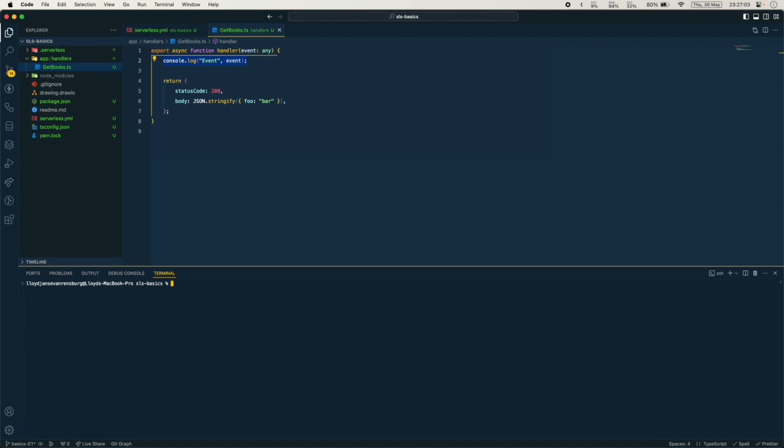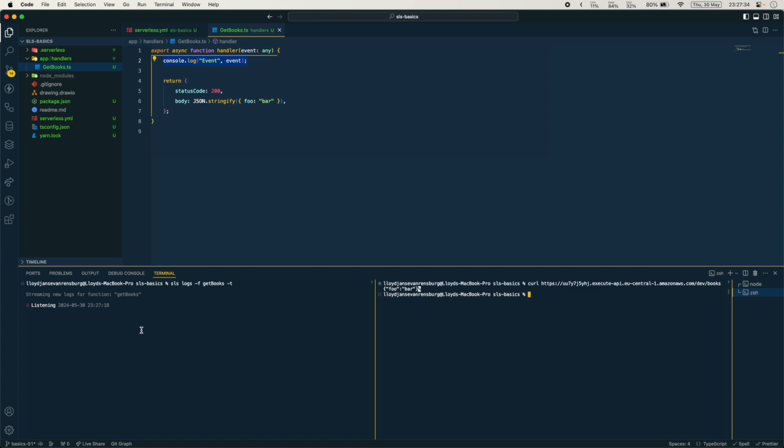In Serverless, we can check the logs either by going to the AWS console, or we can say sls logs and then the function name, which is the logical name, which is getBooks, and we want to tail it. So now we can see streaming new logs from this function, and I'm going to open a new terminal and call that same URL. We should see a log firing off on the side, which should log out this event, which is a very big